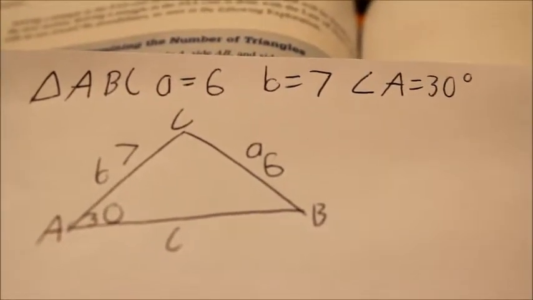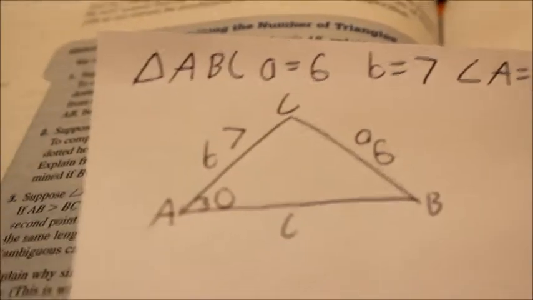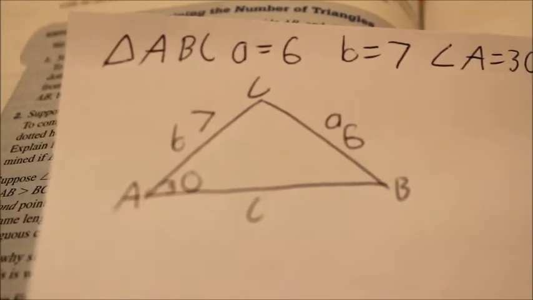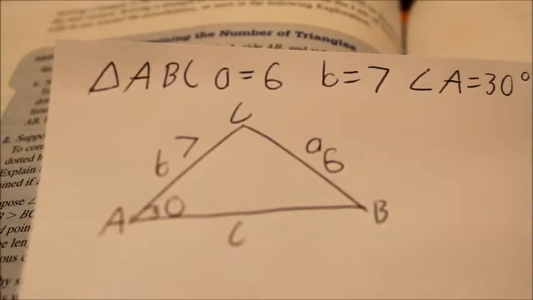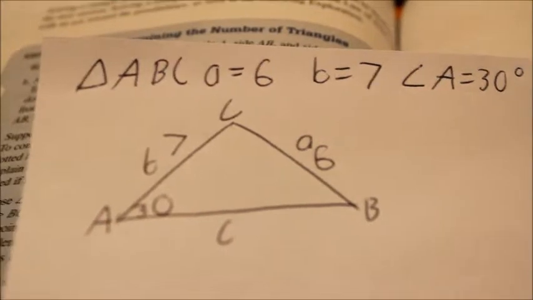Being that this is the ambiguous case, 2 triangles can be created from the data given. Here's the first triangle, which can be created. Notice how the angle A is 30, the length of A is 6, and the length of B is 7. However,